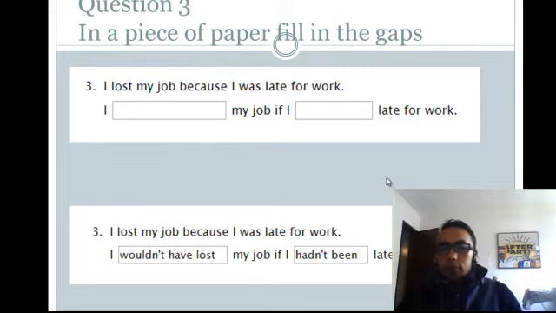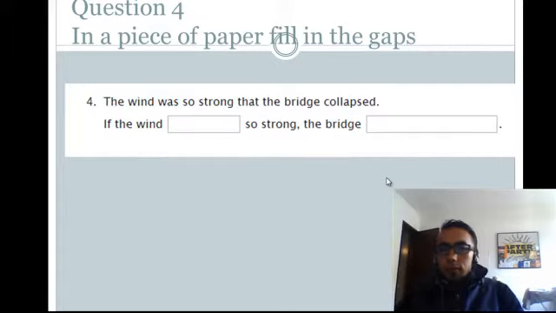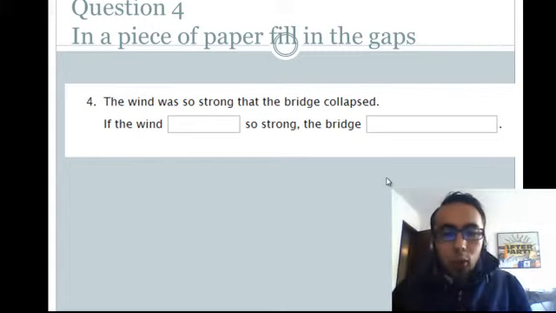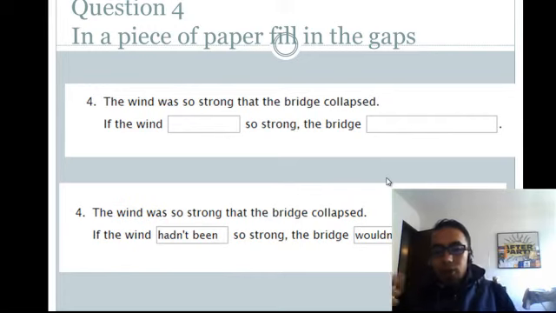Question number 4. And the answer is: the wind was so strong that the bridge collapsed. If the wind hadn't been so strong, the bridge wouldn't have collapsed. And the final question, which is: